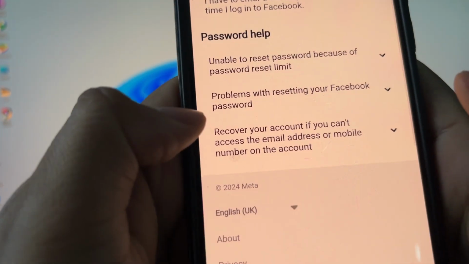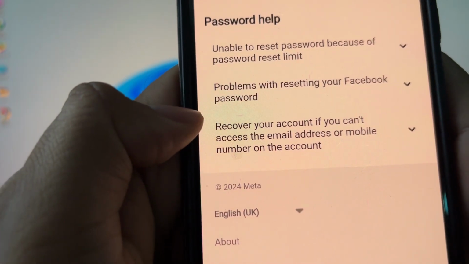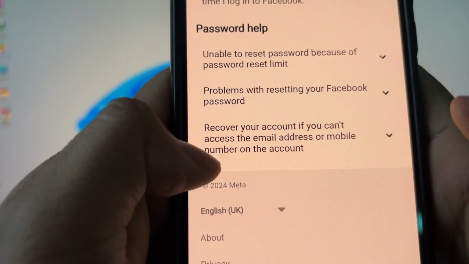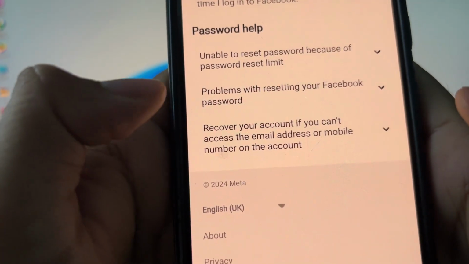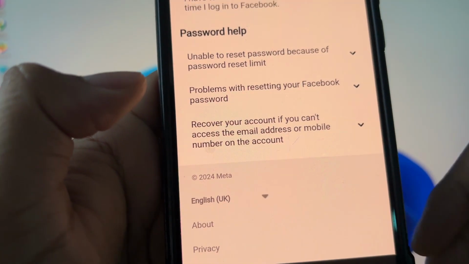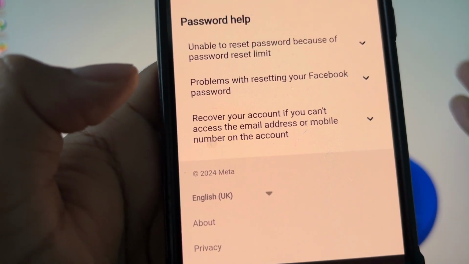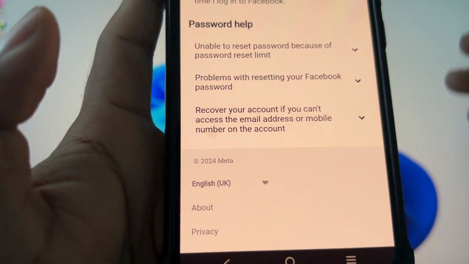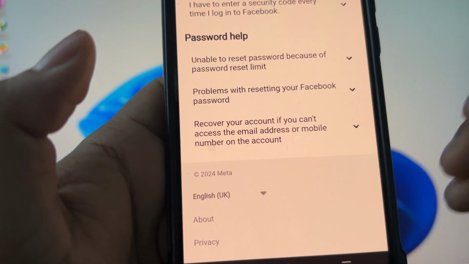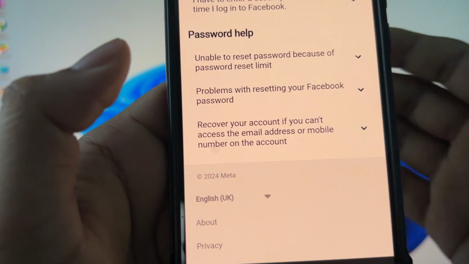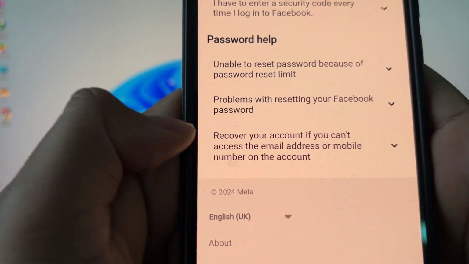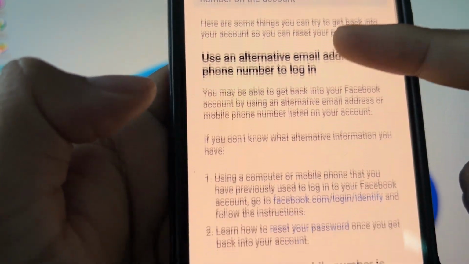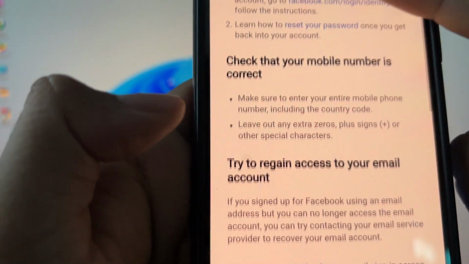From here, see this option, recover your account if you can't access the email address or mobile number on this account. So I'm assuming that you guys don't have access to both your mobile or the email. You forgot which number you are using, or which email address. So I'm assuming that this is the problem. So yeah, I'm choosing this option. So then after that, scroll down,